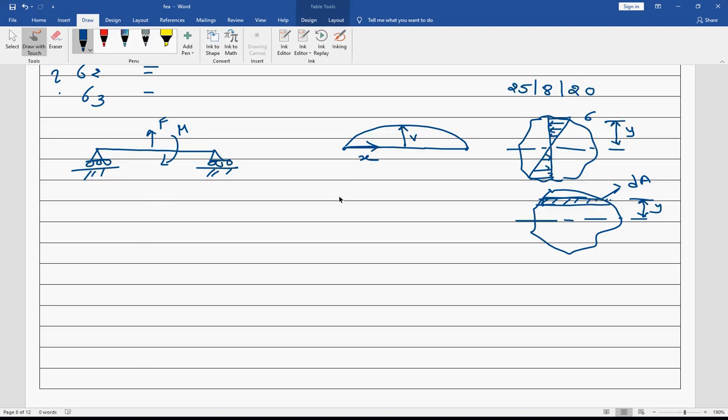And generally the formulation what we have already studied, that sigma equal to minus M by I into y, then strain equal to sigma by E, so that I could write minus M upon E I into y, and from the slope and deflection formula, if you remember, so what V is vertical displacement is equal to M upon E I. So these are the three basic formulas what we are going to require for formulation of the beam. Okay, so just let me know whether you understood up till now.